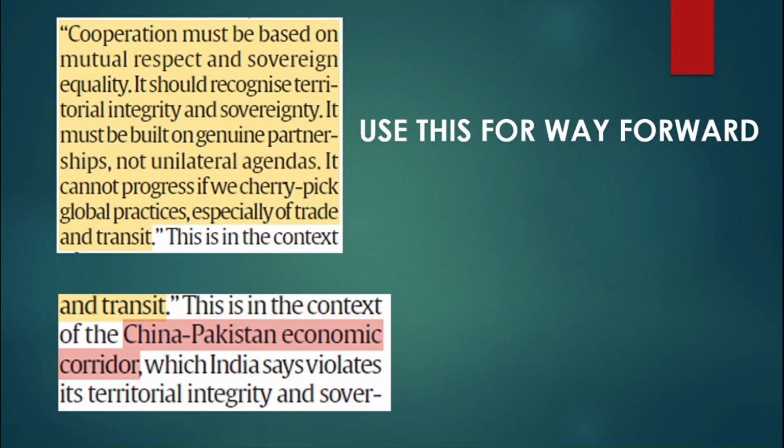Next, from the same article itself, I got a few snippets. So I've highlighted the important points and attached them over here. I'll read the first one. Cooperation must be based on mutual respect and sovereign equality. It should recognize territorial integrity and sovereignty. It must be built on genuine partnerships, not unilateral agendas. It cannot progress if we cherry-pick global practices, especially of trade and transit. This was said by our Honorable External Affairs Minister S. Jaishankar ji. So you can cut short the statement and use it wherever you feel right while writing answers on India,